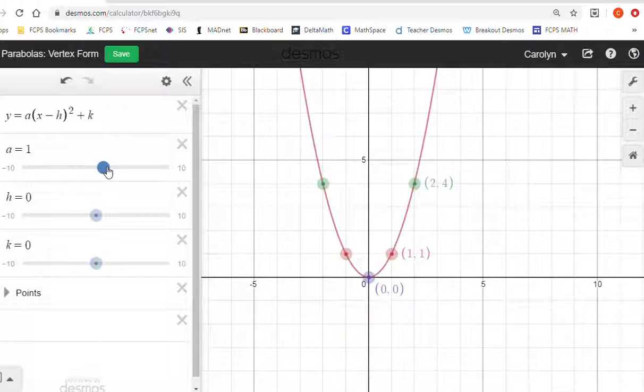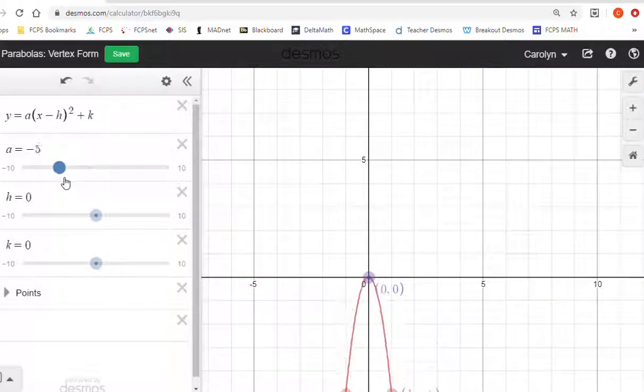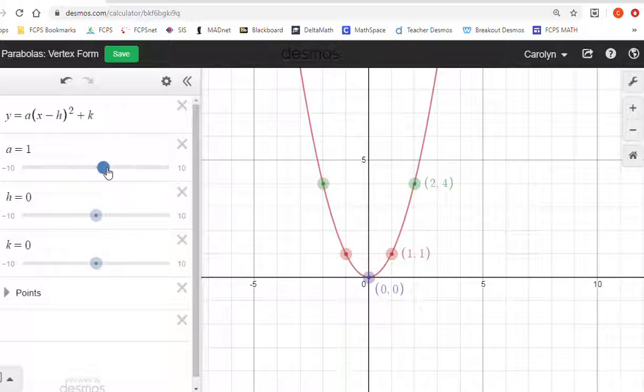Can anyone describe what A does besides multiply the y value? What else does A do? Julia? Stretches it. Okay. Reflects it. Reflects it. What kind of A values reflect it? Negative. Okay, I'm looking for one more. A parabola looks like this. What if A was more than 1? What would happen to the parabola? Okay, give me a word that makes that happen. Stretch. Not stretch. It's like